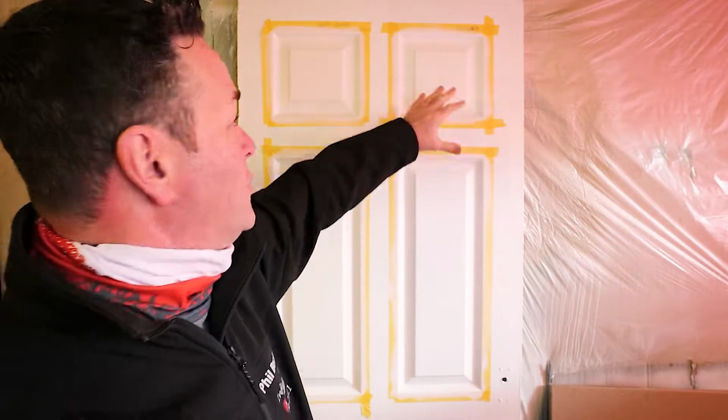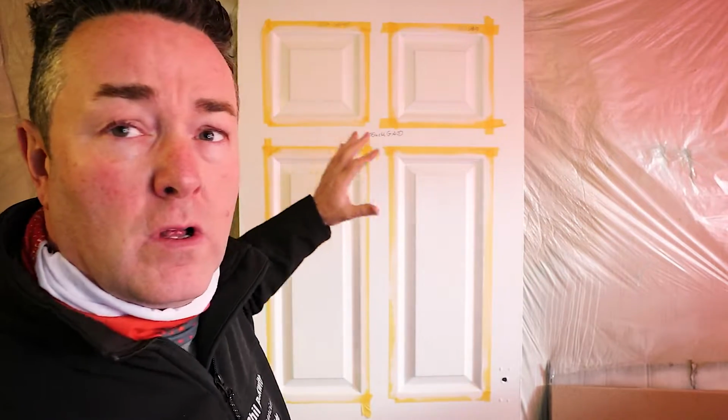So the main door is TouchGard. The main frame of the door's TouchGard. Now, in between, in my own time, because nobody pays me for my own time, I've done some panels of the different paints. So bear in mind, we're going over a door that was white, and if you've watched that video,